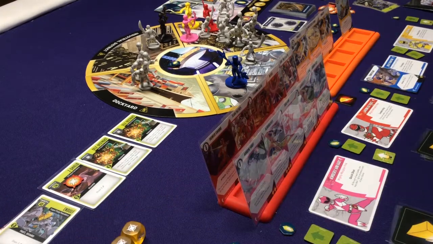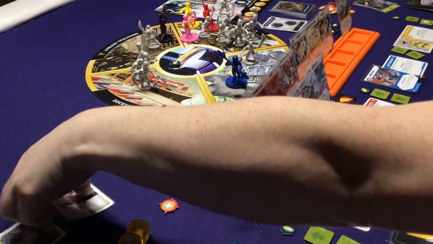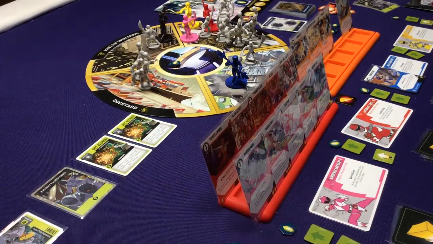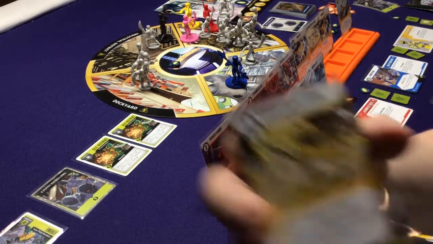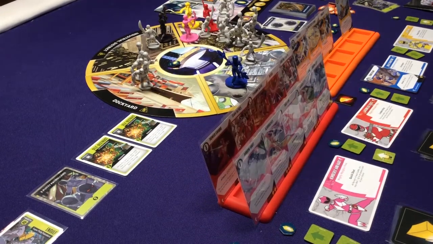We rolled 2. Perfect. So that's 3. So we have defeated that. So now what's nice, because of her Saber-Tooth Strike ability, which says if this attack defeats a target, I may immediately perform a second attack with 2 dice. Now, I have to take 4 damage. So I'm going to do that before I take...